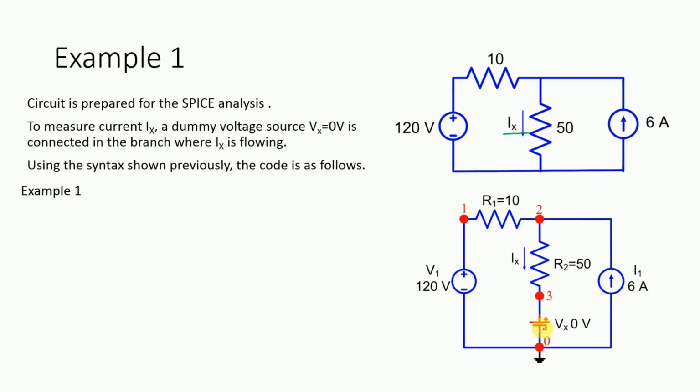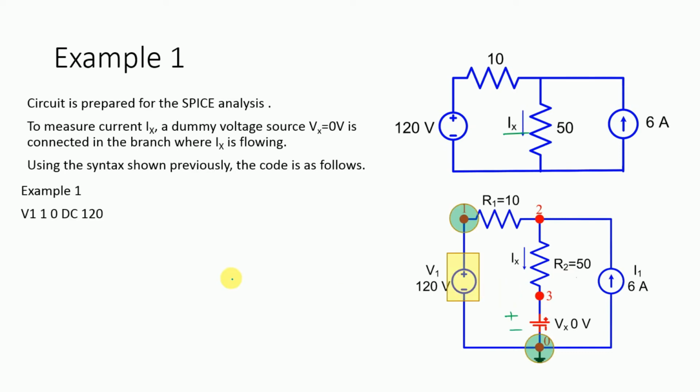here, and this dummy voltage source has this particular polarity, with this side positive and this side negative, and thereafter we have 0. So we have connected this Vx, and we have also given them different names here. Let us say this is R1, which is equal to 10 ohm, this is R2, which is equal to 50 ohm. Let us say this is I1 and this is V1, and their values are actually not altered.